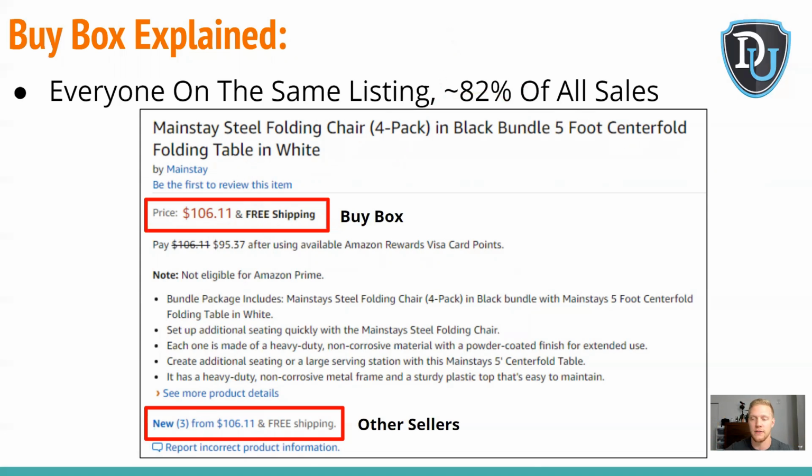If somebody is observant enough, that 18% of people that are observant enough, they might see it and go, hey, well, it's cheaper here, and I can get just about the same shipping time. It just won't be 2 days, and maybe 3, maybe 4. I can usually get it in 2 days. So that's the BuyBox. So one thing about the BuyBox that you have to realize is that the lowest price is almost always favored. Prime is almost always favored. That's why I don't like to hop on very many Prime listings. I just don't like to deal with it. But the lowest price and the fastest shipping and handling time is almost always favored.